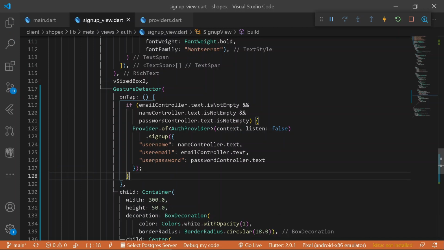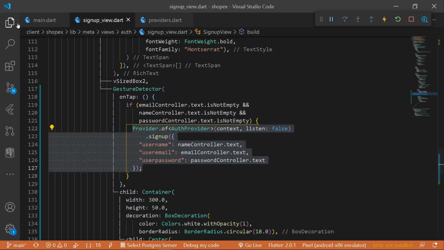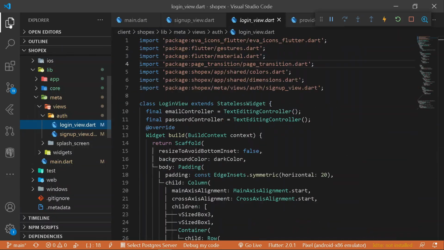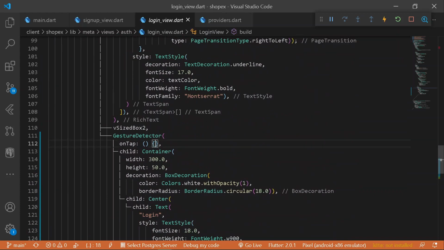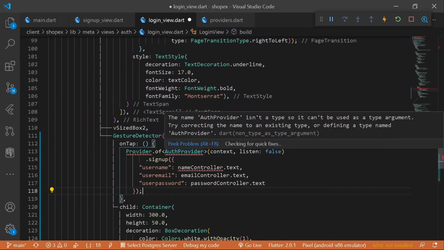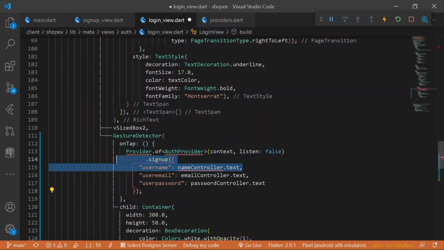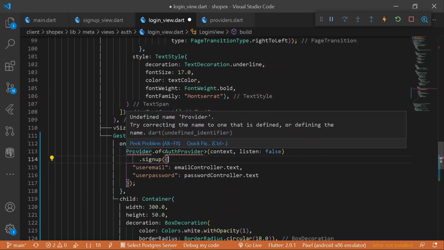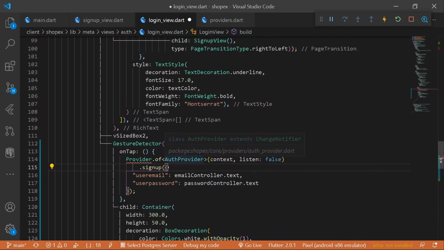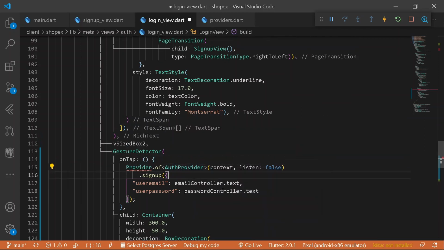So before moving on, let's make some following changes over our login view as well. So for that purpose, let's move under our login view and let's go at the bottom. Alright, under our gesture detector, let's paste everything. Let's import what is necessary. But before that, let's remove our username because we are not providing username under our login method. So let's import our provider. Alright, auth provider and also provider.